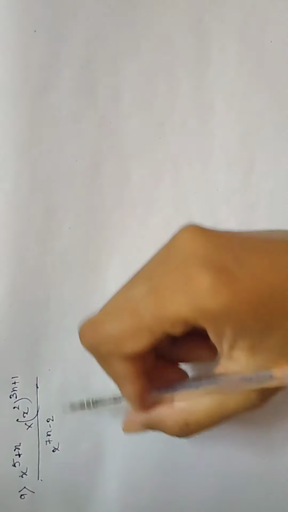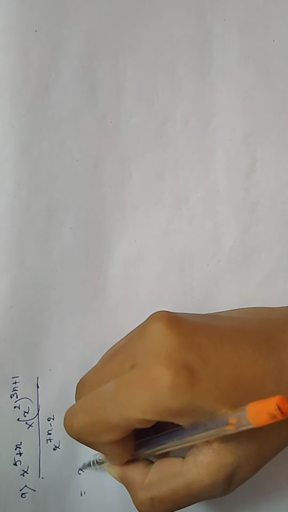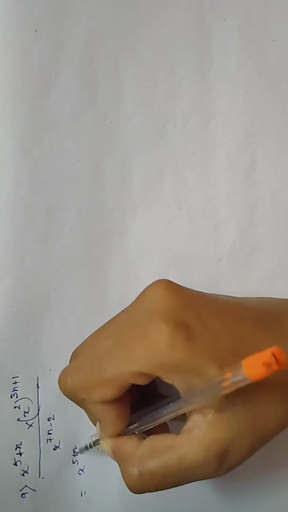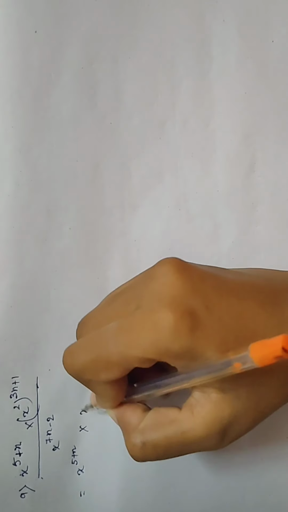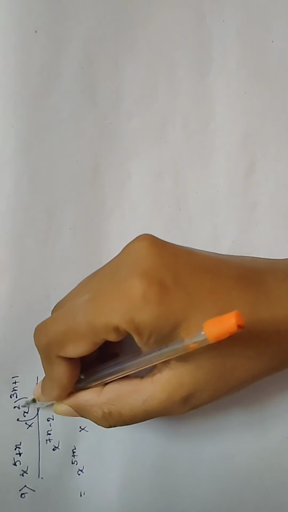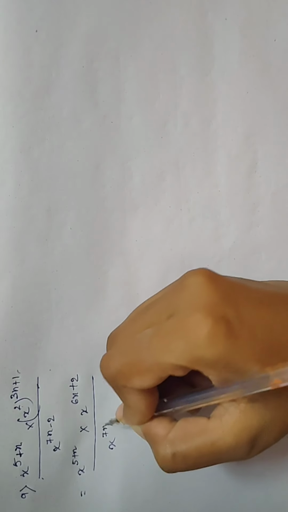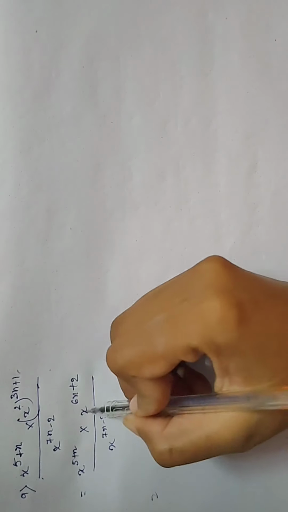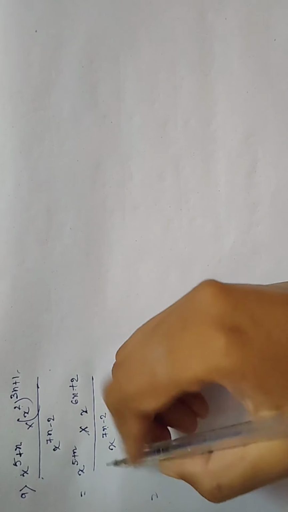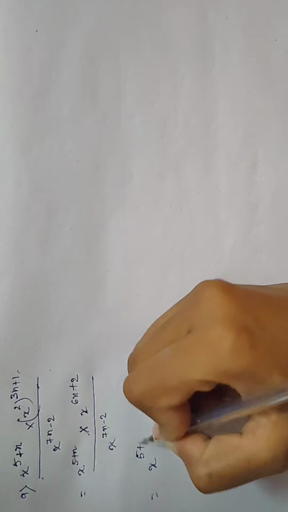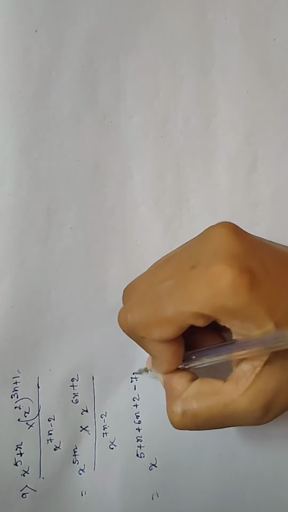Okay, number 9, you have to evaluate this. So how to do it? See, nothing to be done here. So we will multiply this power. 2 into 3, that is 6n, and 2 into 1, that is 2. And here x to the power 7n minus 2. Since the bases are same and this is multiplied, so this will be added and this will be subtracted. So x to the power 5 plus n plus 6n plus 2, then minus 7n plus 2.